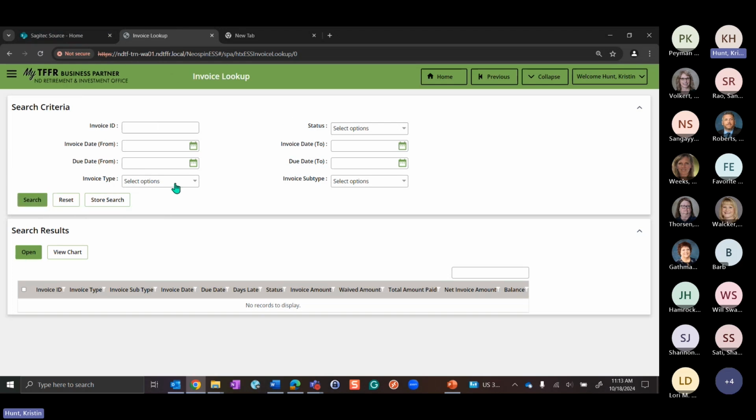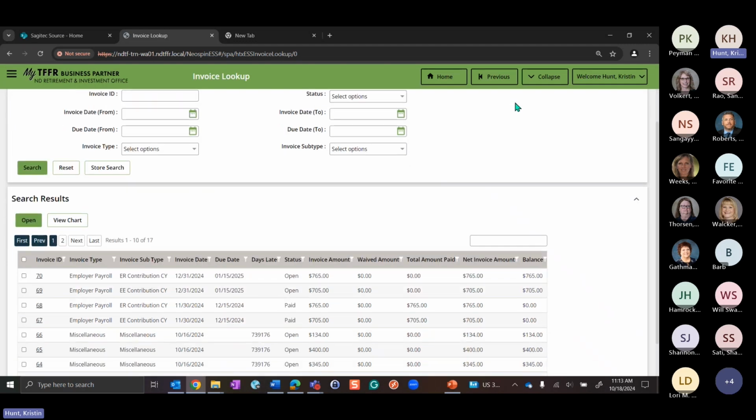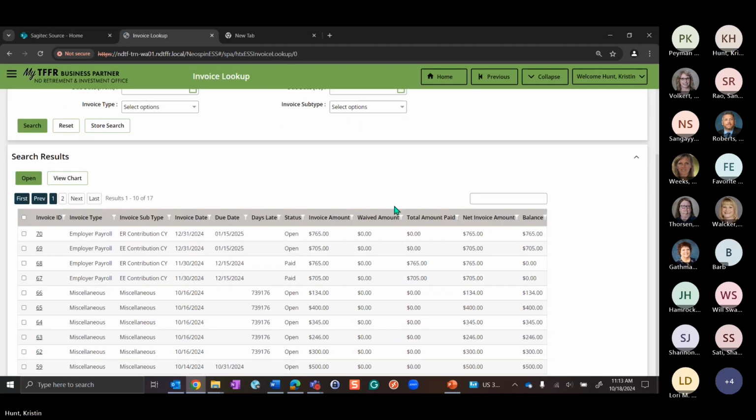But if you want to drill down, if you knew the invoice ID, you could enter it here. But I'm going to do it this way. So I can see all the different invoices. For those employer payrolls that I just did, we have the dates here with the due date and what's going on there. This one has been paid, this one is open.